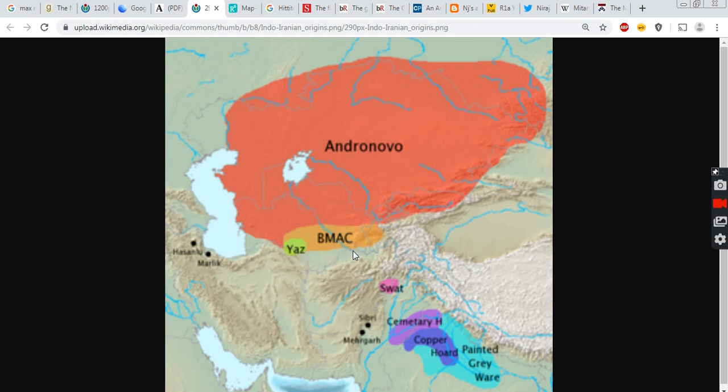But when the research came out, what the research is saying is that the steppe people never came inside this BMAC area. They found steppe DNA as outliers outside of the main settlements of BMAC, but never inside the main settlements of BMAC. And BMAC ultimately collapsed in 1600 BCE because of many factors,